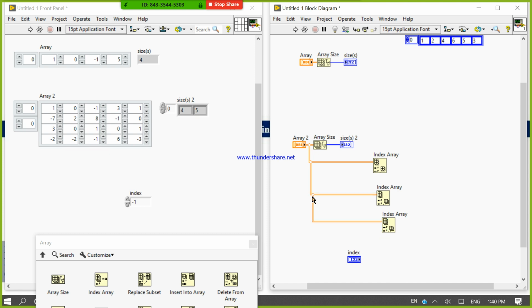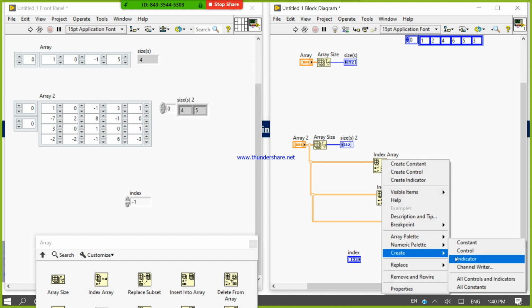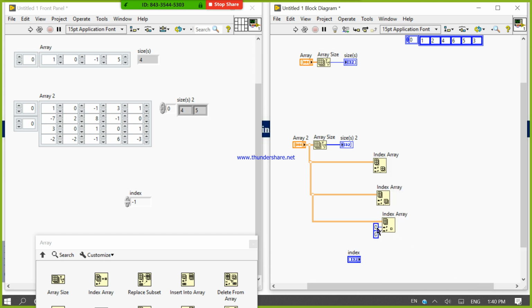Listen carefully. If you want, you can access each and every element individually, by selecting the column and row. This one is for column and this one is for row.